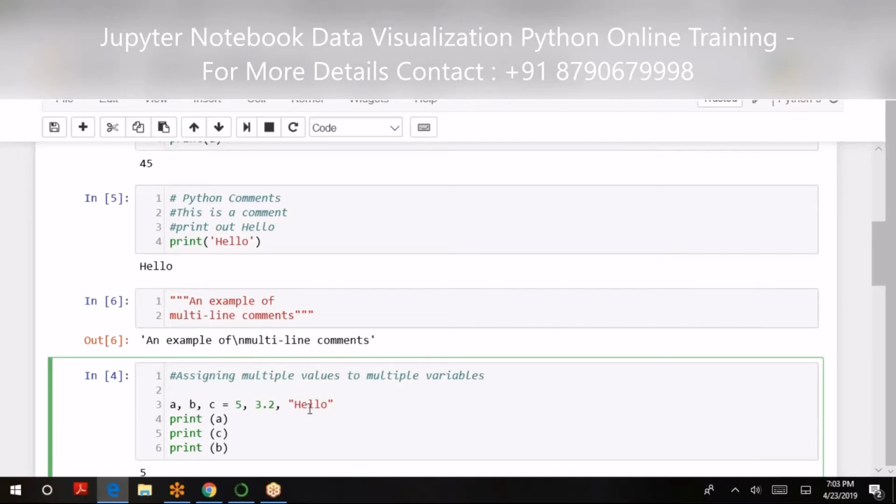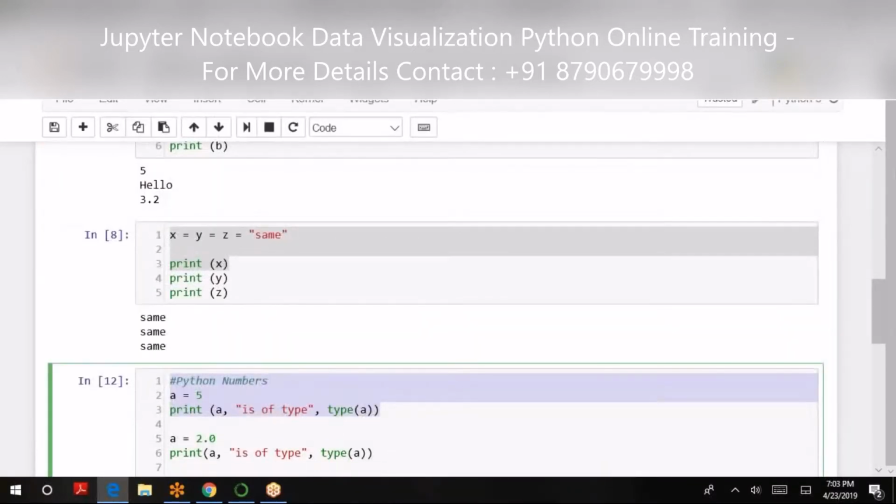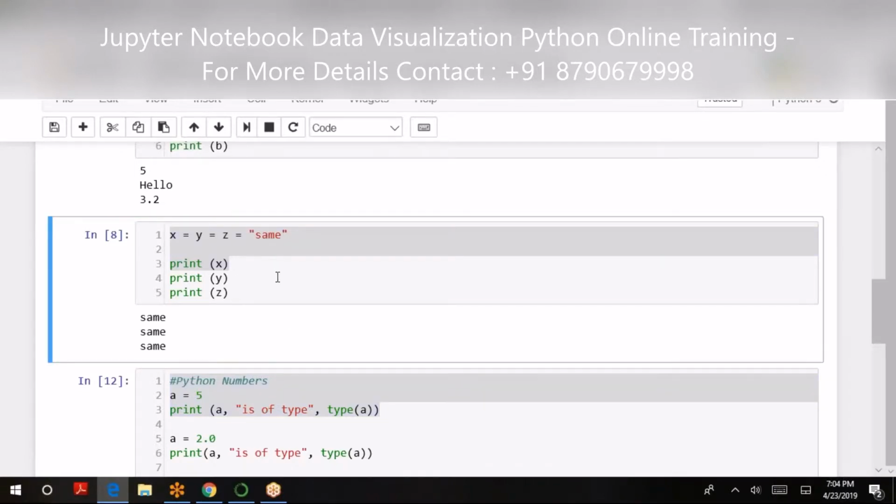But this is an assignment. We normally call it a string. A set of characters is called a string. So for example, Hello is a string here, and the same is a string here. That should be given in double quote.